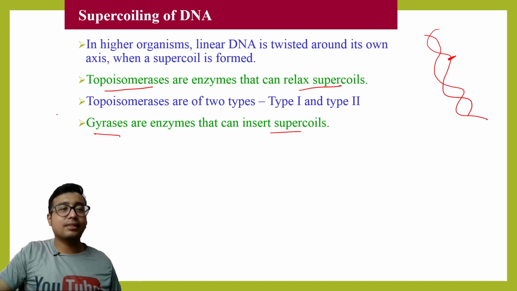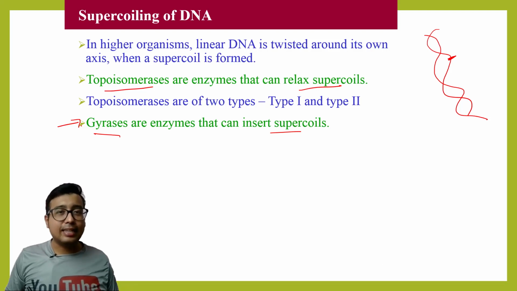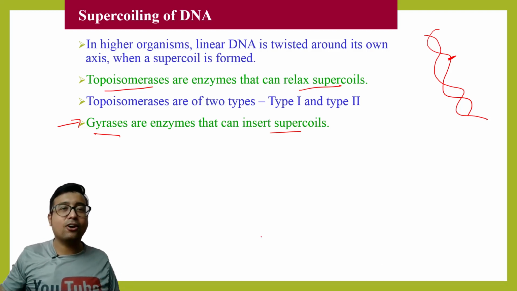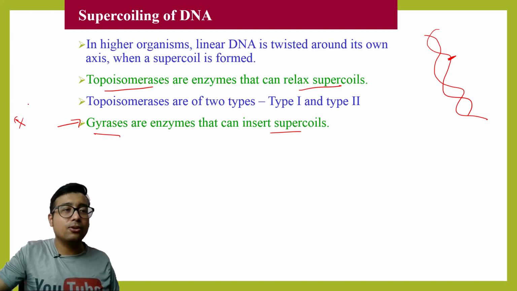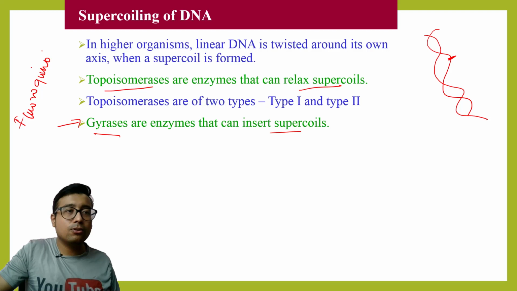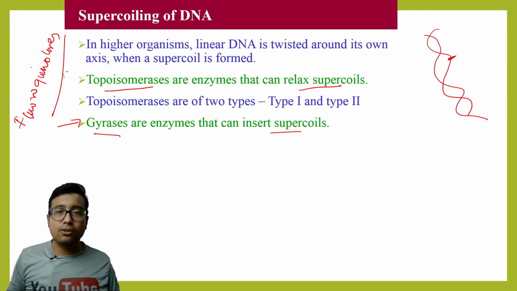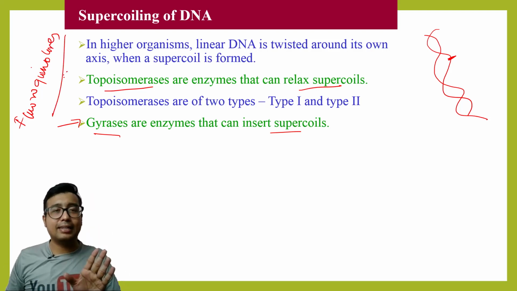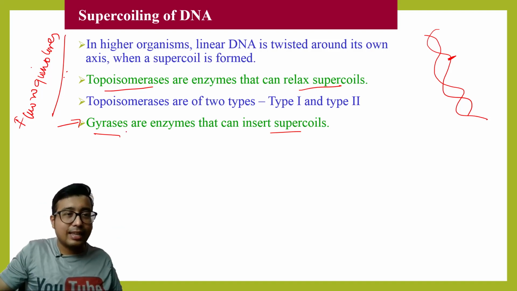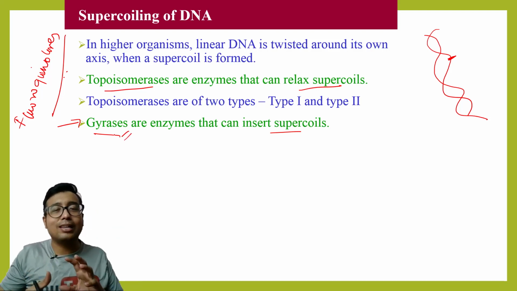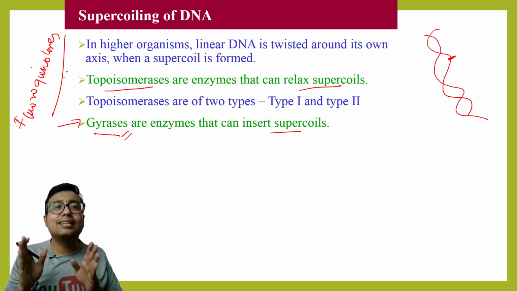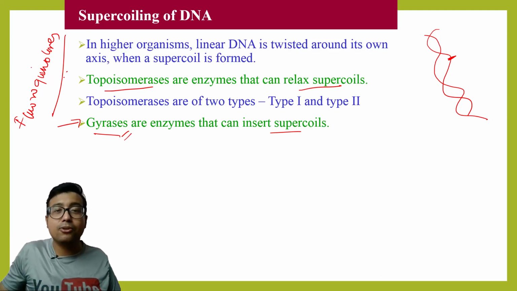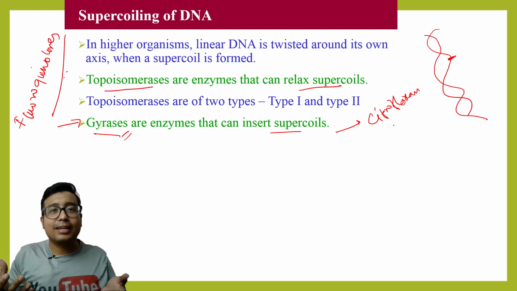Now DNA gyrase will be taught in detail in inhibitors of replication, because drugs like fluoroquinolones inhibit this DNA gyrase. So this supercoil will not be formed and bacterial replication will be hampered. So what are these fluoroquinolones? Ciprofloxacin, norfloxacin,